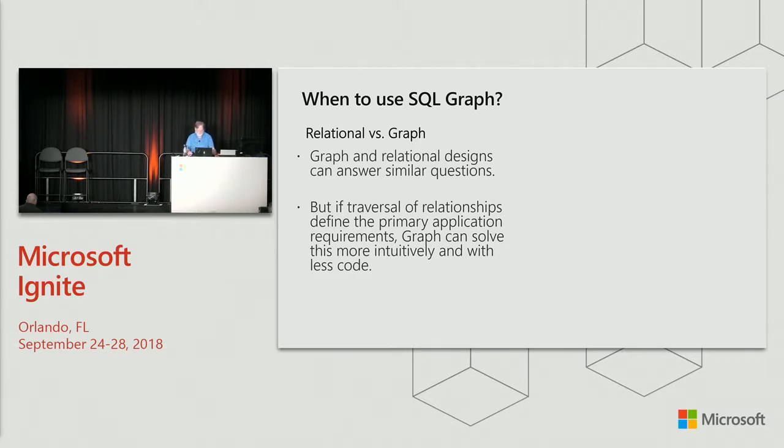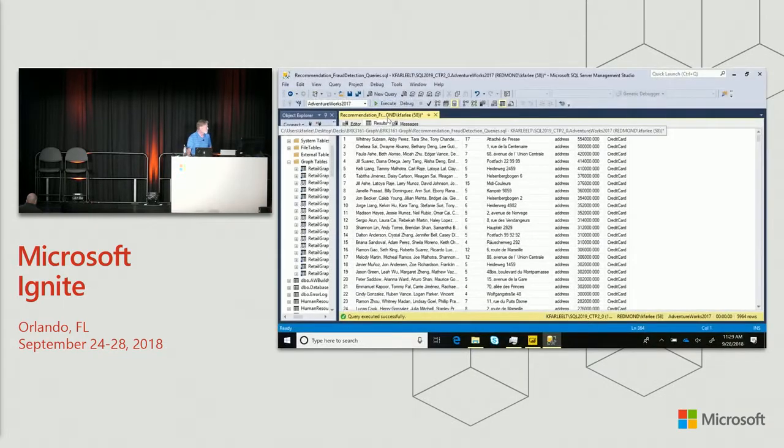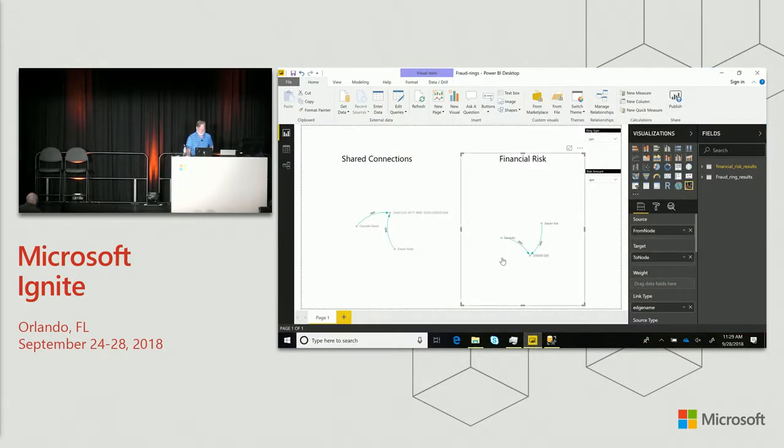Going back to the laptop here. So we've got a couple of result sets here with thousands and thousands of elements. How do you make sense of that? How do you visualize it? I created a quick Power BI screen that shows diagrams of financial risk. So this has a filter for social security number. There's only one pair of people that happen to be sharing a social security number, which is an obvious red flag, but you can filter it down to